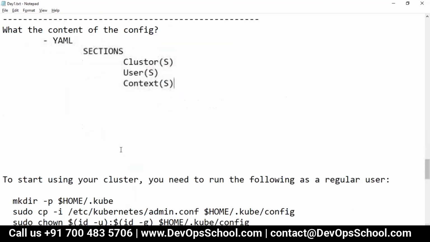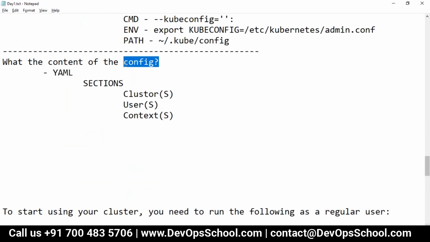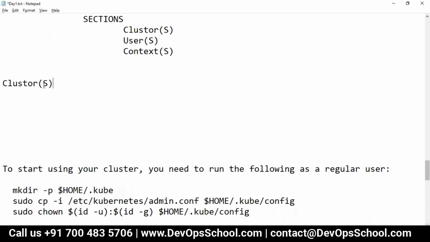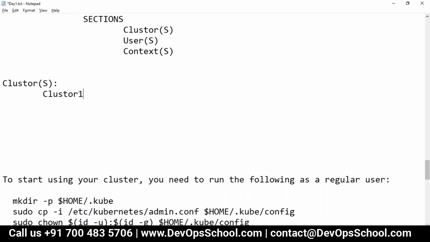So what happens in the YAML file, in the config file, is that we have a section which is called the cluster section, with a colon. I'll show you that. Just understand the flow. Here we mention all the clusters. One, HTTP, IP address, 6443, something like that, right?